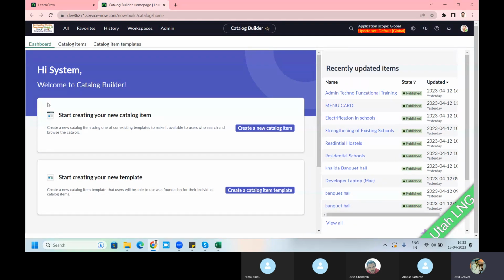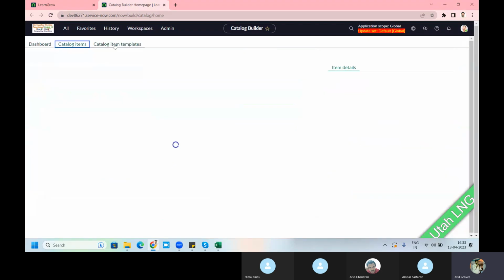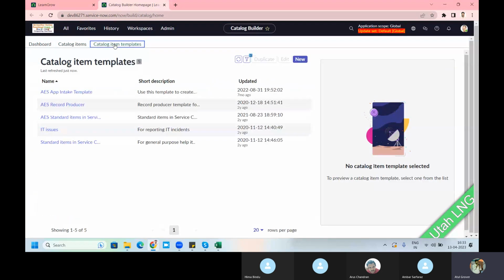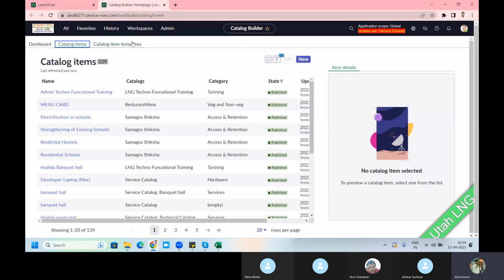You can see your dashboards, your catalog items, and the templates. If I want to create something similar, why should I start from scratch? I can create from the template. Now if I click on new,